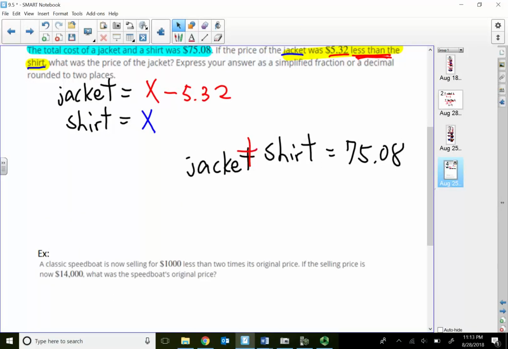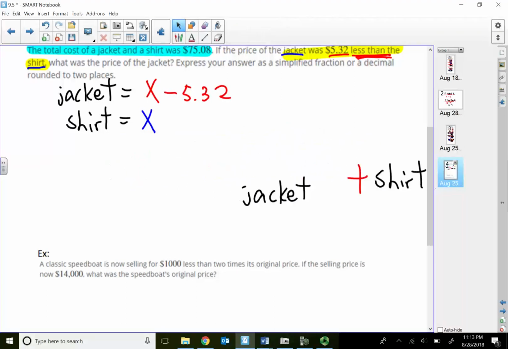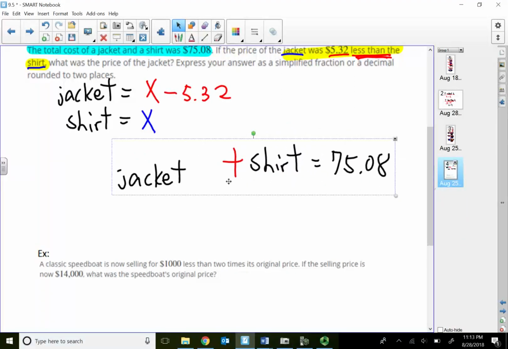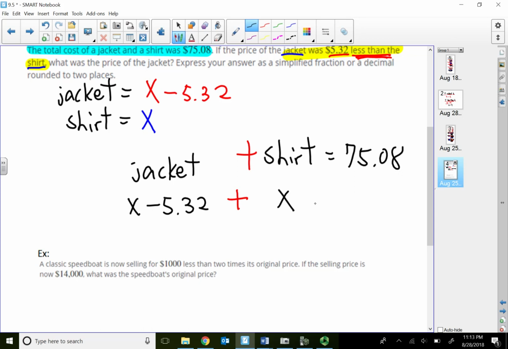So that's why I keep on saying our job is to translate. Our job is to translate what each item is. So I'm trying to move them over. It didn't work. So what did I translate for the jacket? I'm going to purposely put my plus sign here in red. We translate jacket to be x minus 5.32, plus what did I translate for the shirt, which is x, together equal to